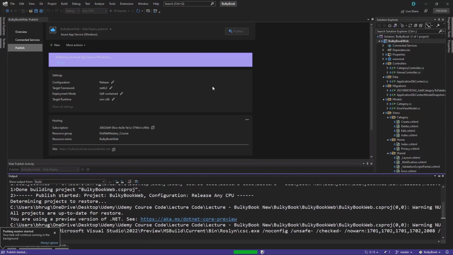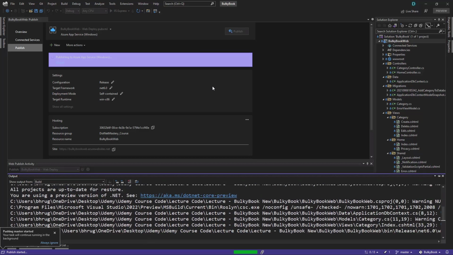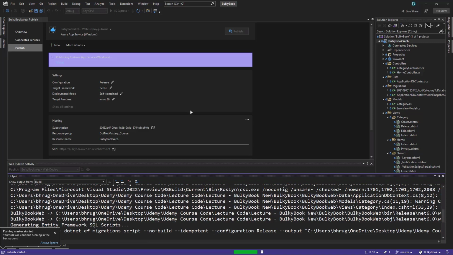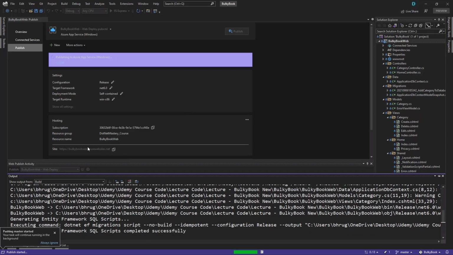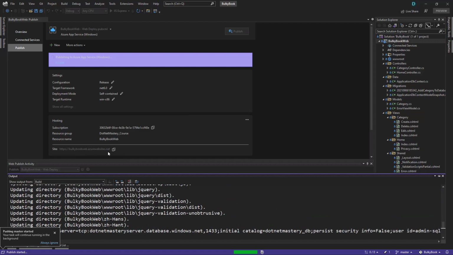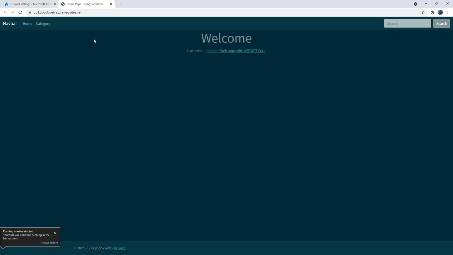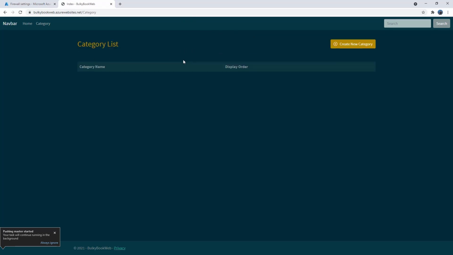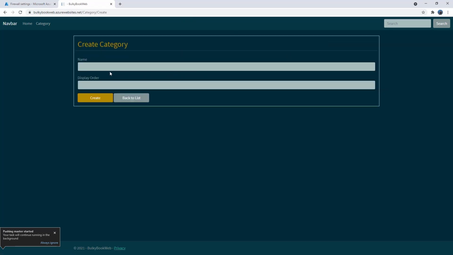This time it should be able to push all the migrations and deploy our code to Azure. Once everything is done, it will load the website, which is bulkybook.azurewebsites.net. Great, it automatically opened up, and perfect. This looks great. If we go to category, there won't be any category, but we can create a new category